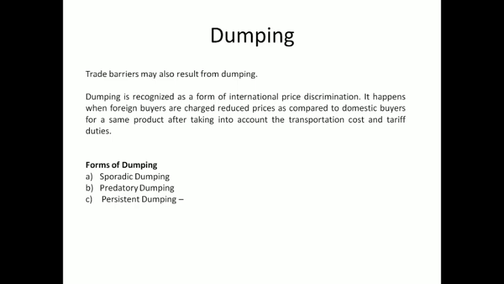Sporadic dumping says that you are offering the commodity in the domestic market at a higher price and the same commodity in the international market at a lower price, to discharge an unanticipated and temporary surplus of your commodity. It means you are facing some surplus of the commodity which you are offering in the domestic market at a higher price, and you want to sell it or dump it outside. So that is called sporadic dumping, where you are dumping your temporary surplus at a lower price